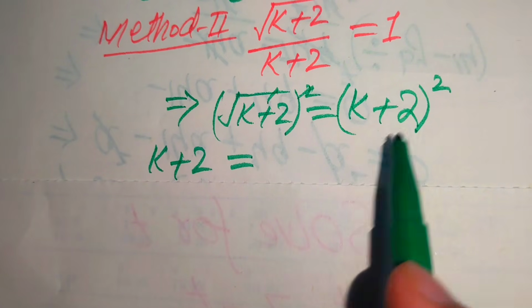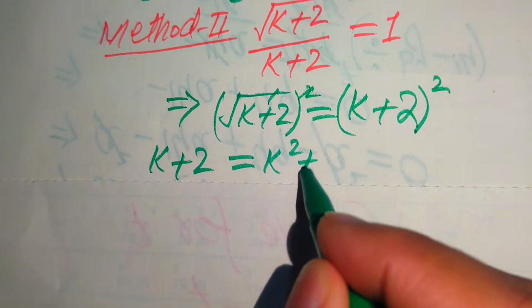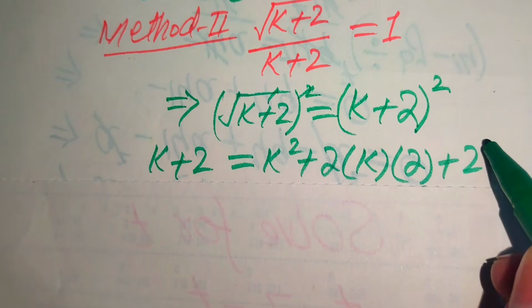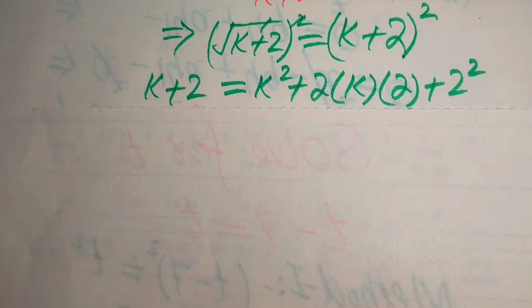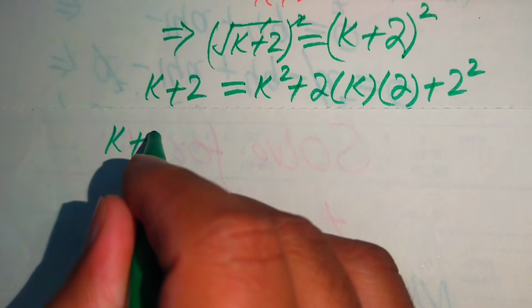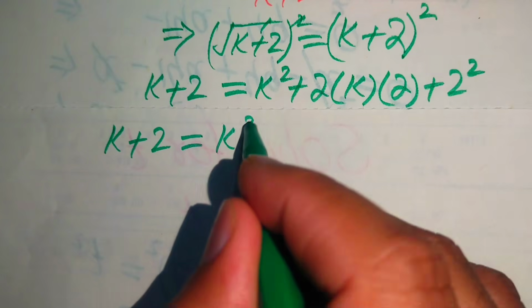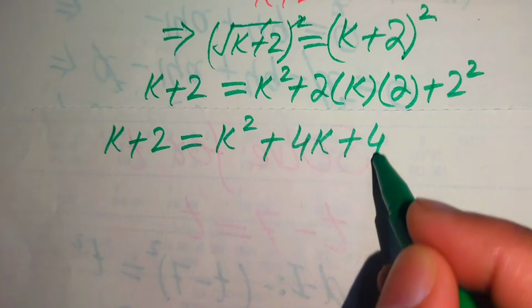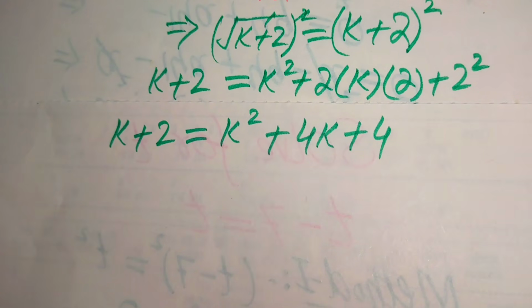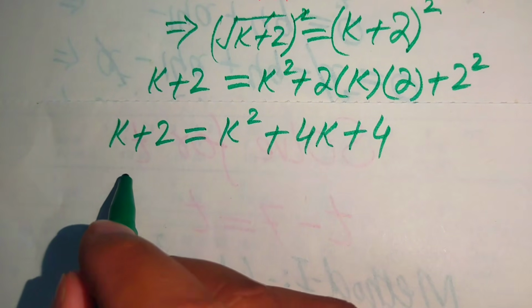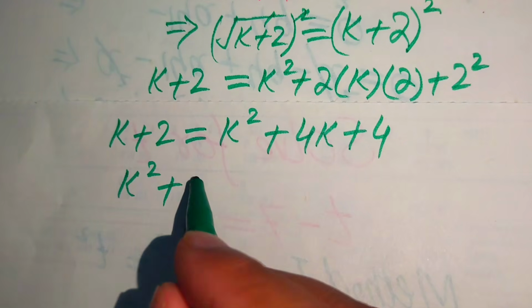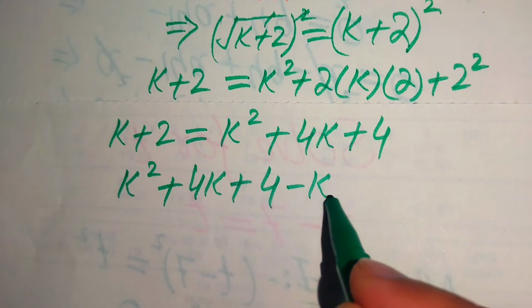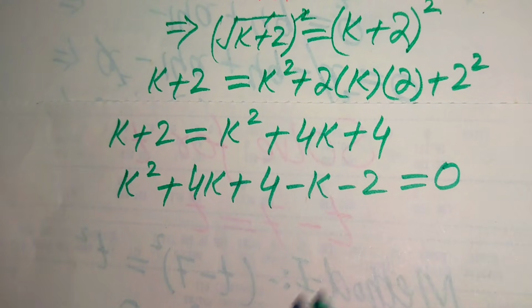So according to this formula, we write (k plus 2) square as k square plus 2 times k into 2 plus 2 square. And now in the next step we have k plus 2 is equal to k square plus 2 times 2 becomes 4k plus 2 square becomes 4. So we move all the terms from the left hand side to the right hand side, and it will be written as k square plus 4k plus 4, minus k minus 2, and this whole equation is equal